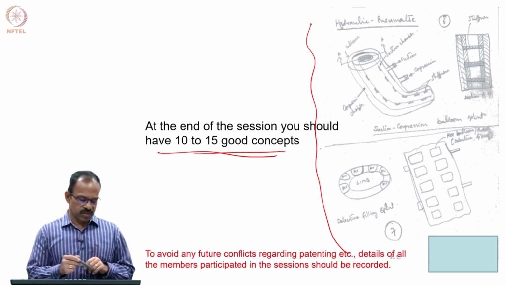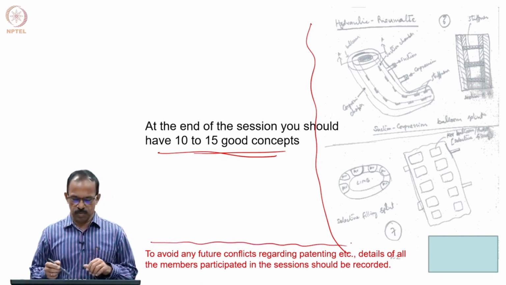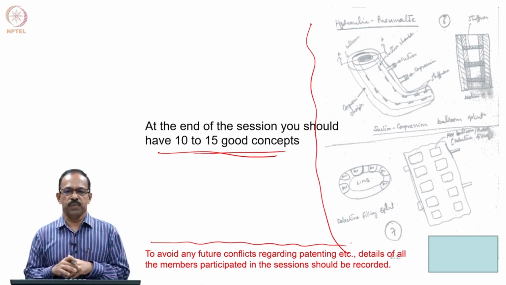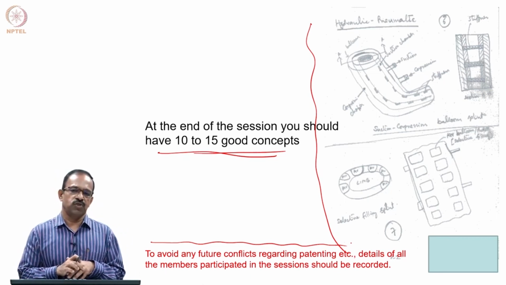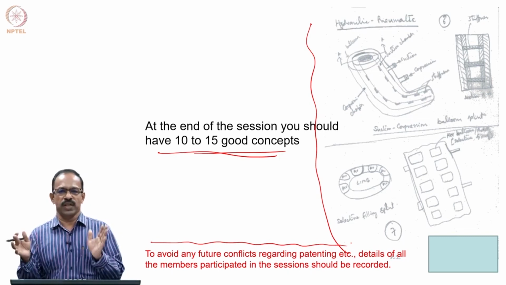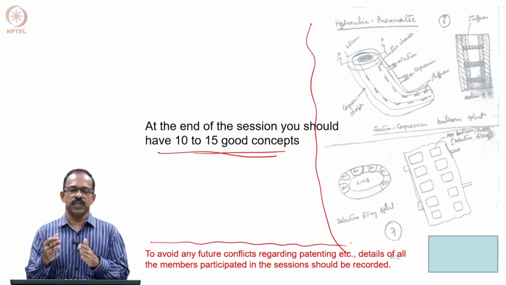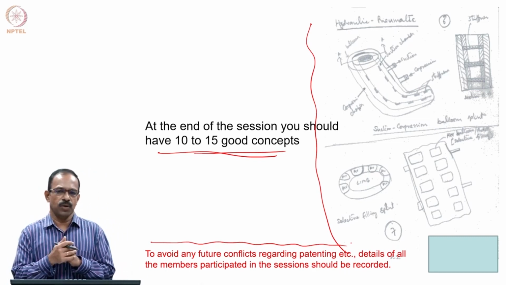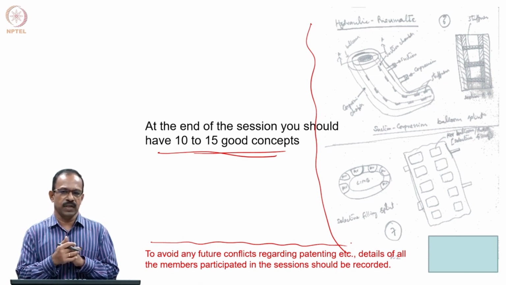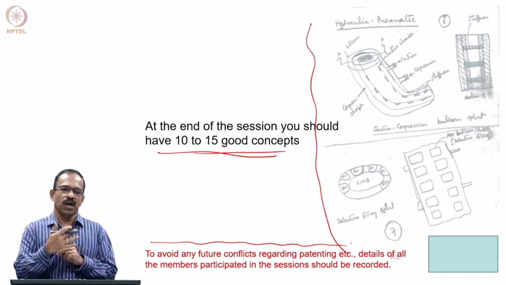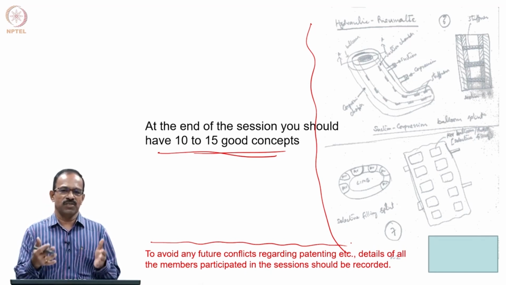Okay. So, whenever you do this kind of exercise, whether it is for product design or anything else, you need to keep a record of all those who participate in the session. This is to avoid any later conflict regarding patents or ownership or anything like that. Because whenever you come up with a new idea or a new solution for a problem, there is a potential to get a patent for that invention. And whoever participated in the brainstorming session or concept generation, they are all eligible to be called inventors for that